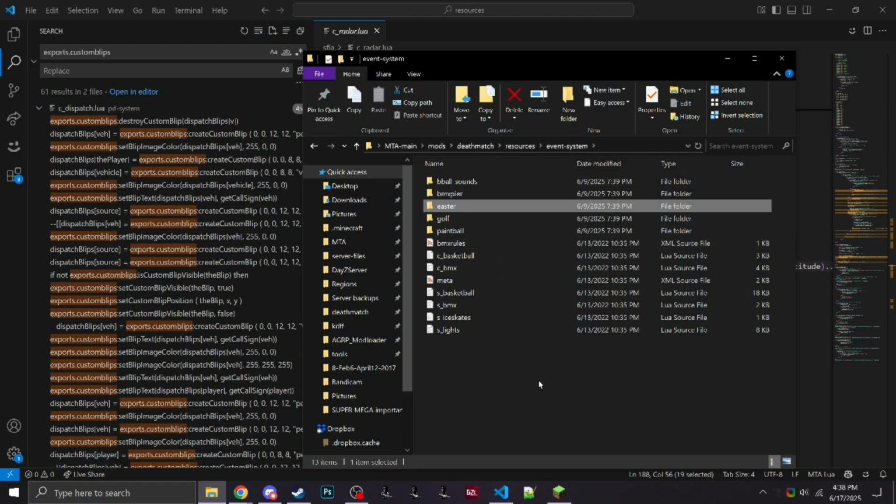I don't know everything about it, but I do remember there's a really creepy looking Easter bunny in the middle of Verona Mall, and you were able to find Easter eggs all over the map, all over the city. You'd just find these Easter eggs, and then you'd bring them back to the Easter bunny, and you'd get a reward. Golf. It's a cool little golf system Anuma made a long time ago,